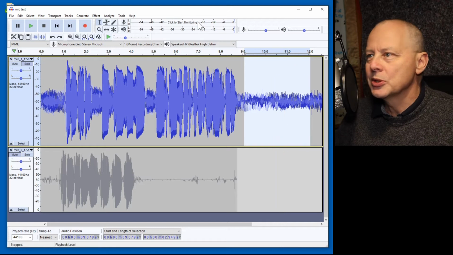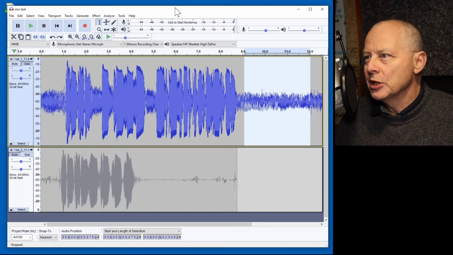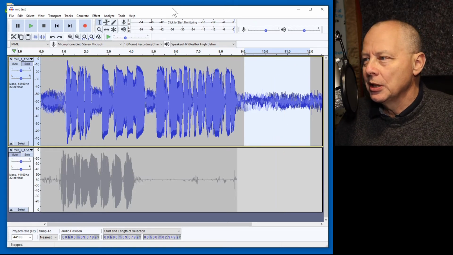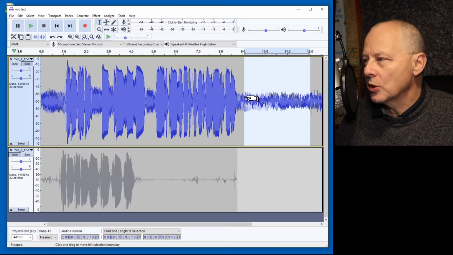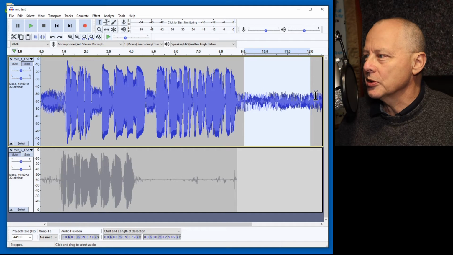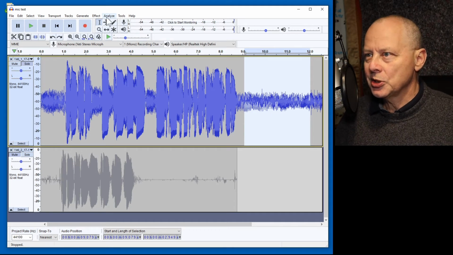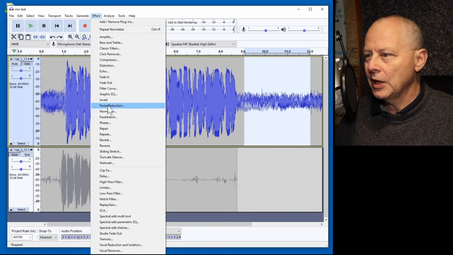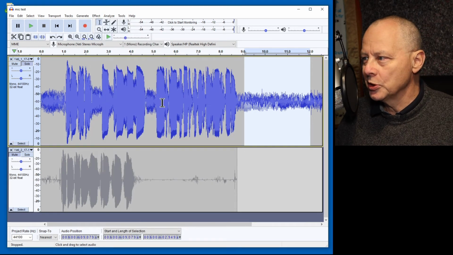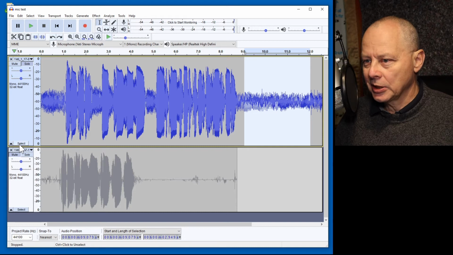amount of background noise. So what we do is we select a region that is quiet. So when you record, you should always follow it with a few seconds of quietness, just so that you can do the noise reduction. So Effect, Noise Reduction, Get Noise Profile, select the entire track,